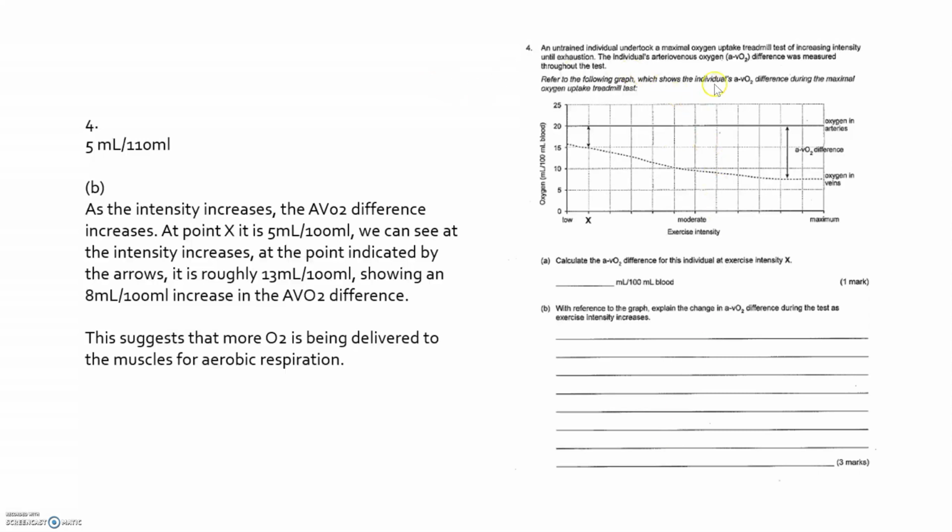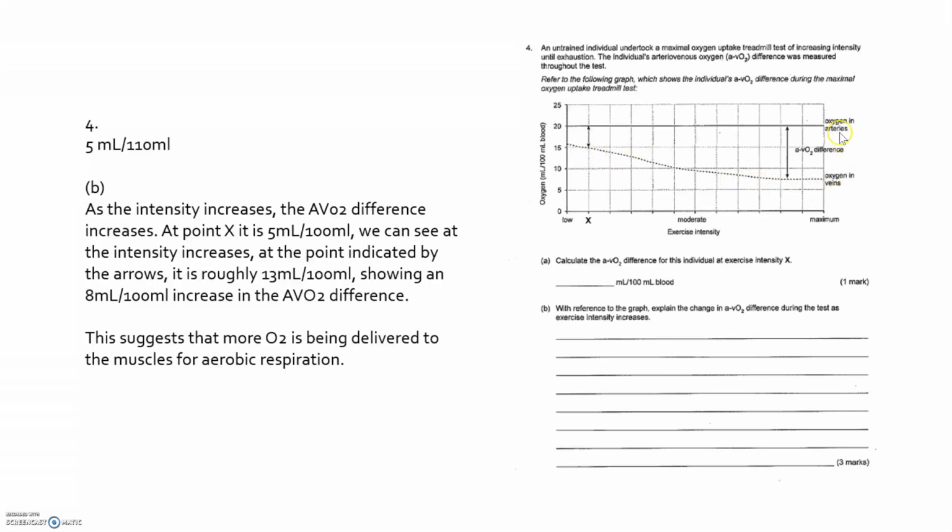Next question. An untrained athlete took a maximum oxygen uptake treadmill test of increasing intensity until exhaustion. The individual's AVO2 difference was measured throughout. Refer to the following graph, which shows the AVO2 difference. Even before reading the questions, we can see the difference is quite small there, so 15 to 20. And as we go through the test, we can see the AVO2 difference actually decreases,